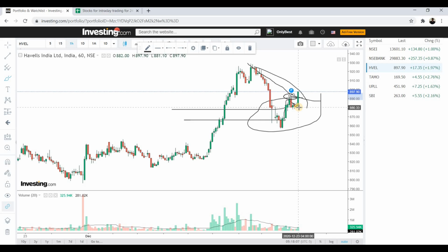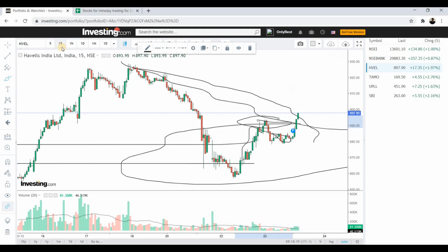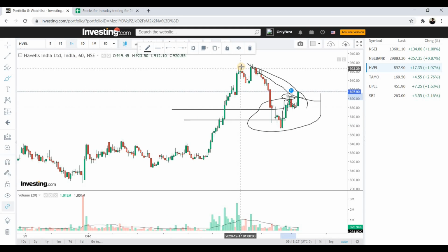Here is another thing that you have to watch: Havells is trading around the round number of 900. So that should be our entry zone. If price goes above 900, I am 100% confident that a lot of buyers are going to come and we are going to see even higher levels. And the higher levels can go as high as the high at the beginning of the trend line, which is equal to 925 to